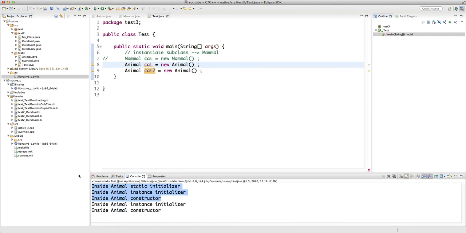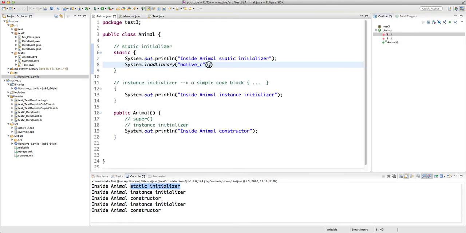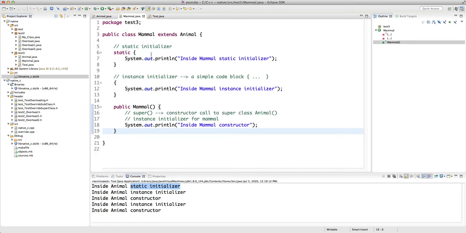So this is for the first instantiation. The second instantiation doesn't have this static initializer. It has only the call to the constructor, which runs any code inside the instance initializer and then the constructor. All right. So the static initializer is only executed once. So our native library here is only loaded once, regardless of how many mammals or animals we create or instantiate,